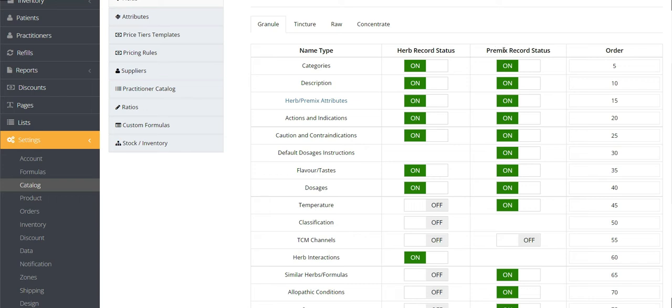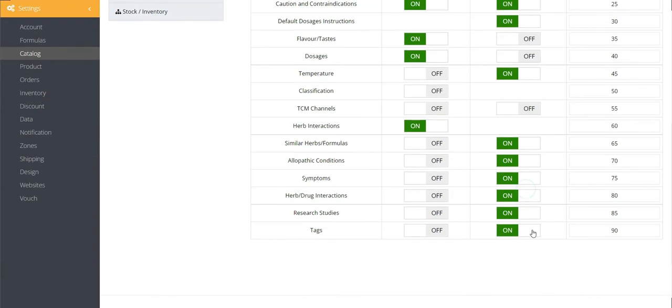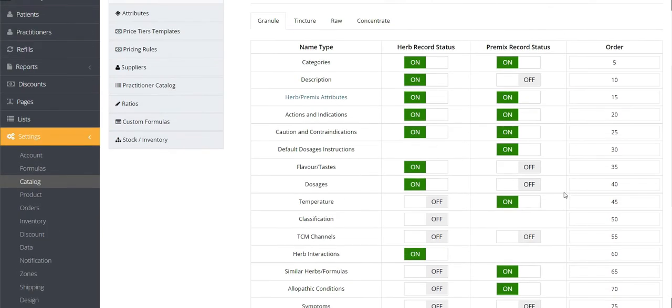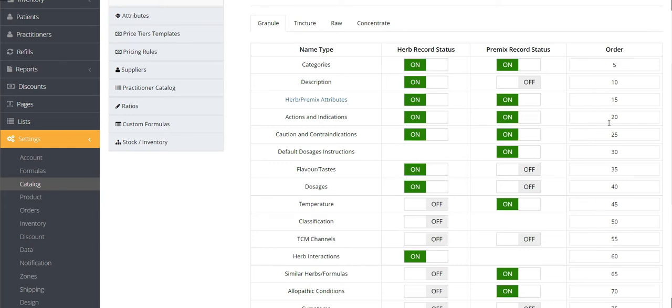And we can do the same thing for the premix record. So if we don't want a description, or we don't want the flavors or dosages or any of these, we can turn them off. And we can also reorder them. So you can see it goes by number. So the lower the number. So if we were to switch, say, temperature to 1,